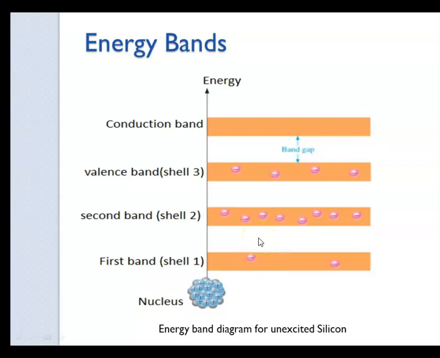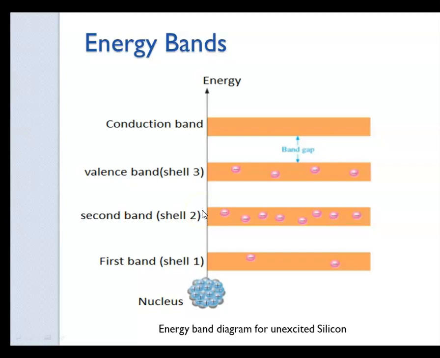The energy band diagram, as shown here, is simply a graphical representation of the energy levels associated with the electrons in the different shells. So let us see what the valence band is. The valence band corresponds to the valence electrons present in the different atoms of the material. The energy associated with the valence band is the second highest energy.